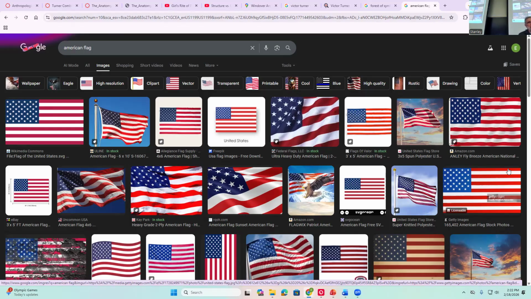So they're going to give you more complex, often kind of contradictory answers, right? The cross symbolizes this, but it also is kind of like this. Just like the American flag, right? It's freedom, it's America. But some people, who have a more complex understanding, might say it symbolizes the American ideals, but also has a different undertone. Maybe it's attached to colonialism or patriarchy or something. People will give you different answers, so it's important to talk to lots of different people. Don't just talk to the person who's in charge of whatever you're studying.